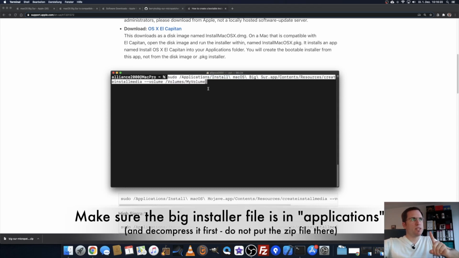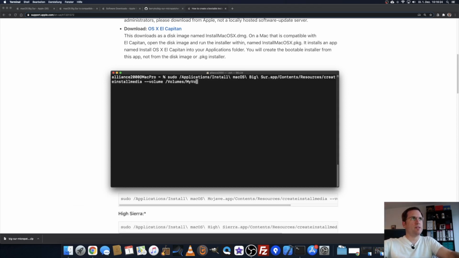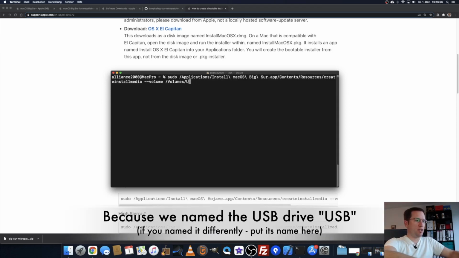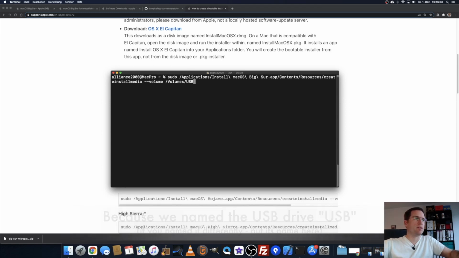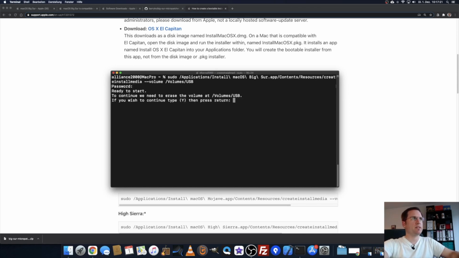There it is. One more step: this MyVolume at the end, you just delete that and change it to USB. That's the name you gave the USB in Disk Utility when we formatted it a few steps before. So I will enter my password, hit enter, and it says ready to start.